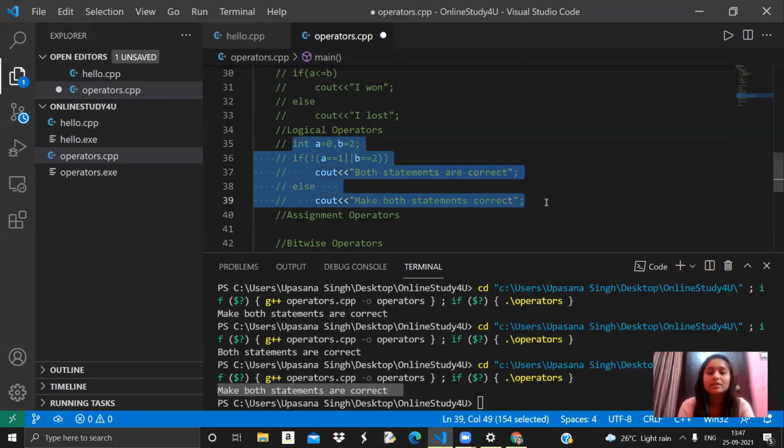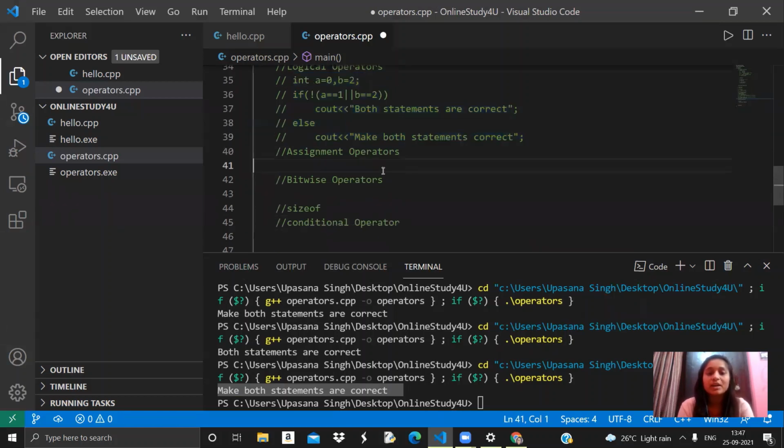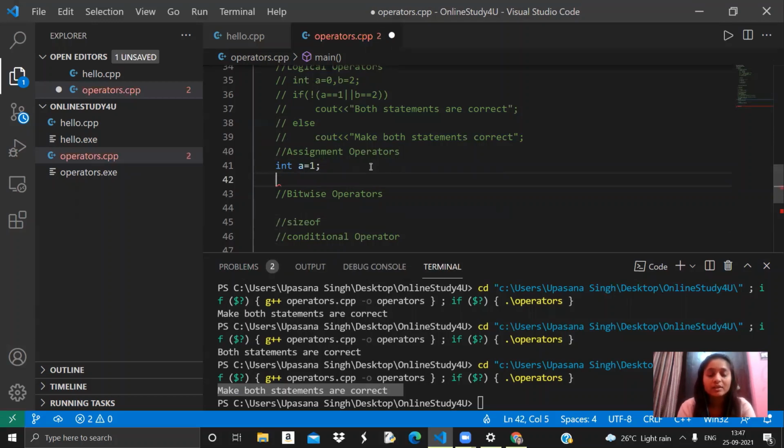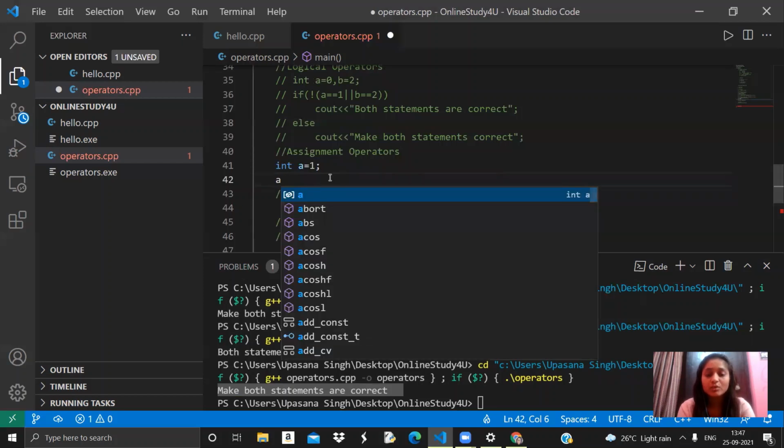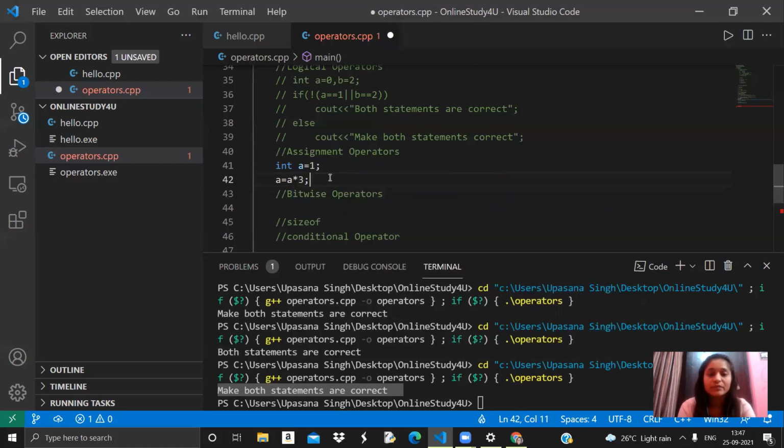Now let's quickly see assignment operators. Assignment operators are used to assign values, and whenever we write a equals to 1, then this is also assignment. We will see one more type of assignment. If I want to multiply this a by 3, then what I will write? A equals to a into 3, right?